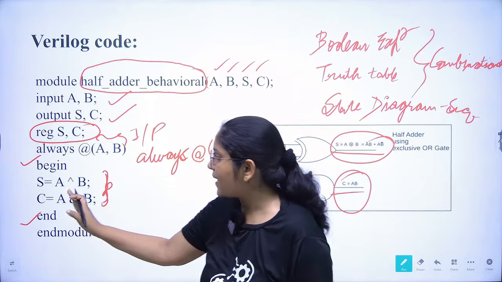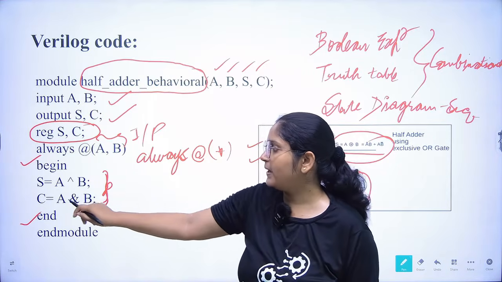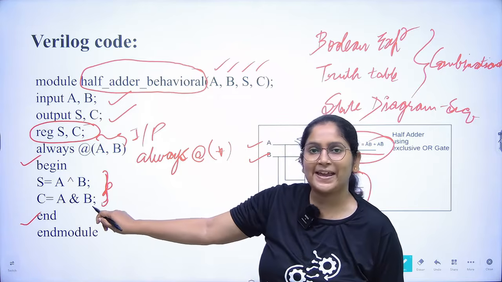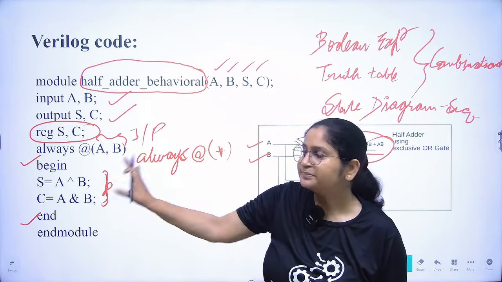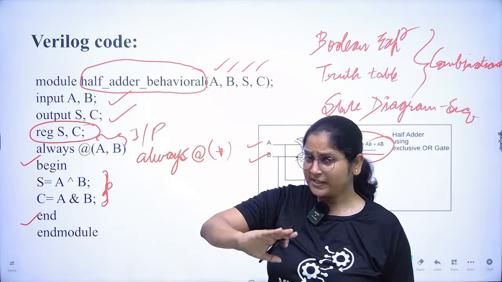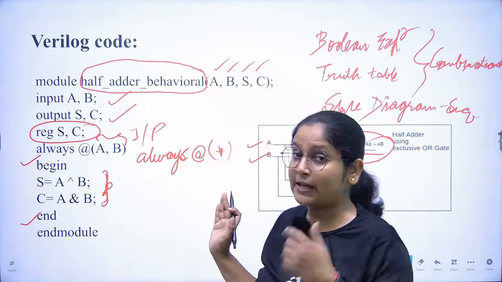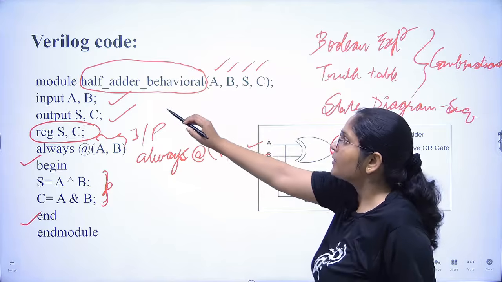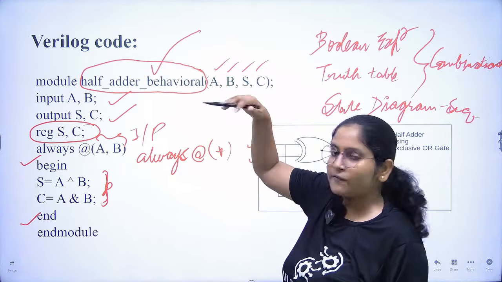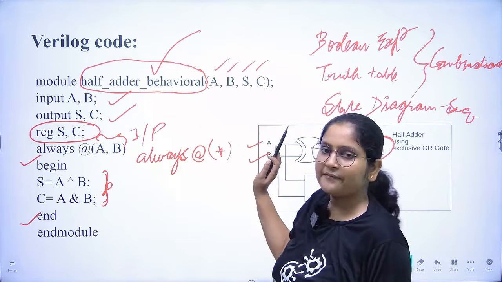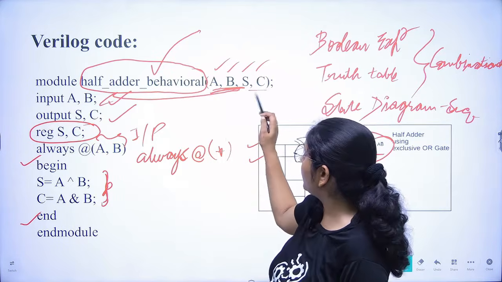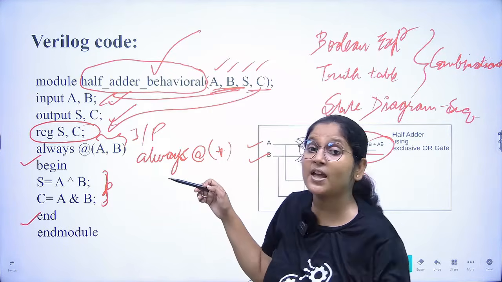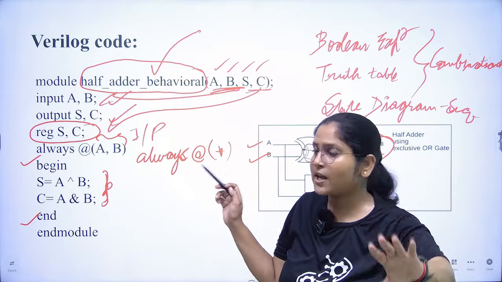So directly I have used A XOR B, and C, where we have stored A and B. Means directly the equations I have written here, right? So let's see how our Verilog compiler is going to work. It will come here. It will name the device, your module is half adder. Then it will say these are the input ports, sum and carry are the output ports, and then we have to declare them. We have declared this reg type.